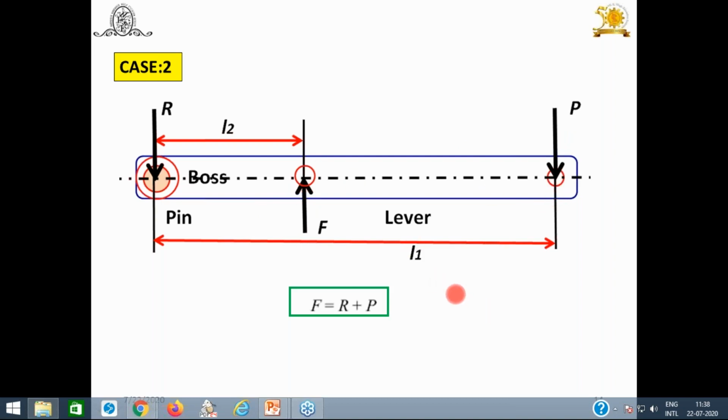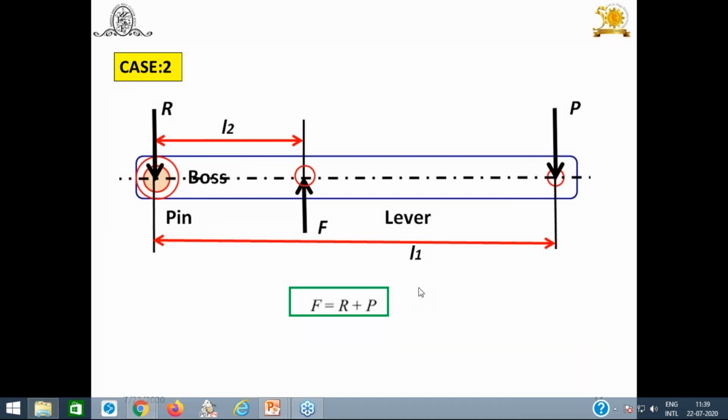And again, same fundamental of applied mechanics, taking the moment of the forces, you will get equation 1, then summation of the forces in vertical direction, you will get equation 2. Now if you are going to find out the reaction R, you can say P plus R is equal to F, another equation. So you should carry out this force analysis and find out the value of P, or as per your requirement, whichever forces are required, you can calculate it, no problem.